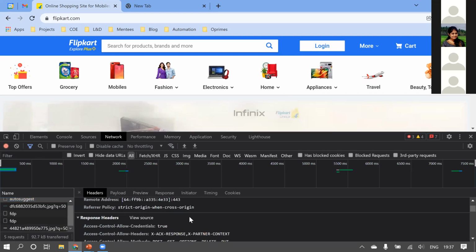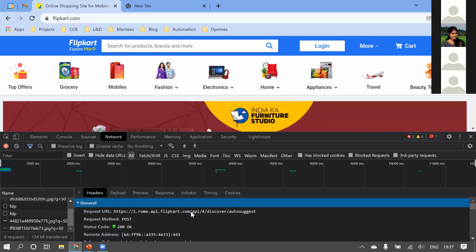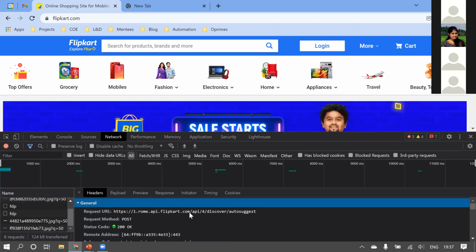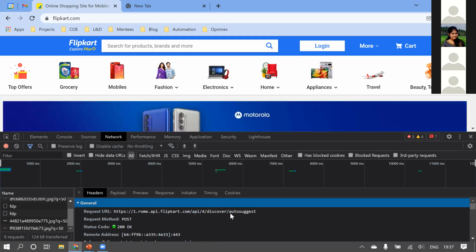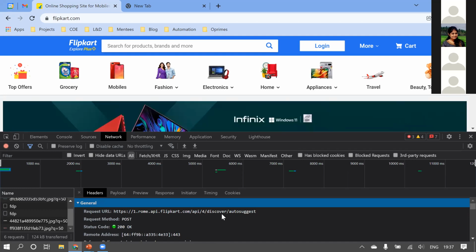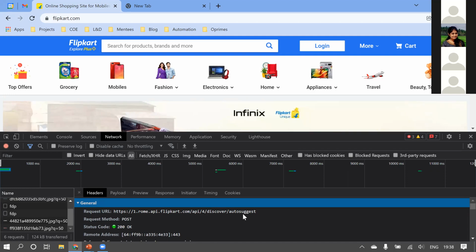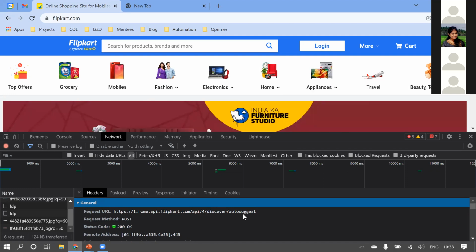So Roam API Flipkart.com is the REST endpoint. API for discover, auto suggest. Up to this, discover is the path. Auto suggest is the API endpoint. Clear? All good? Yes, understood.